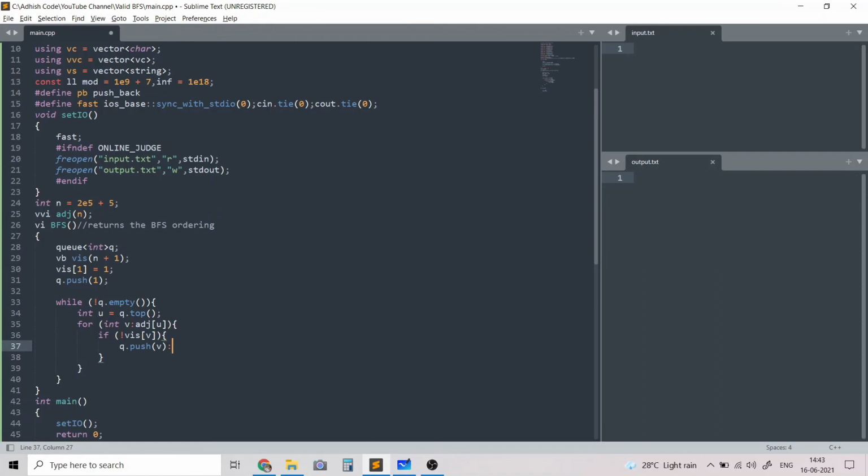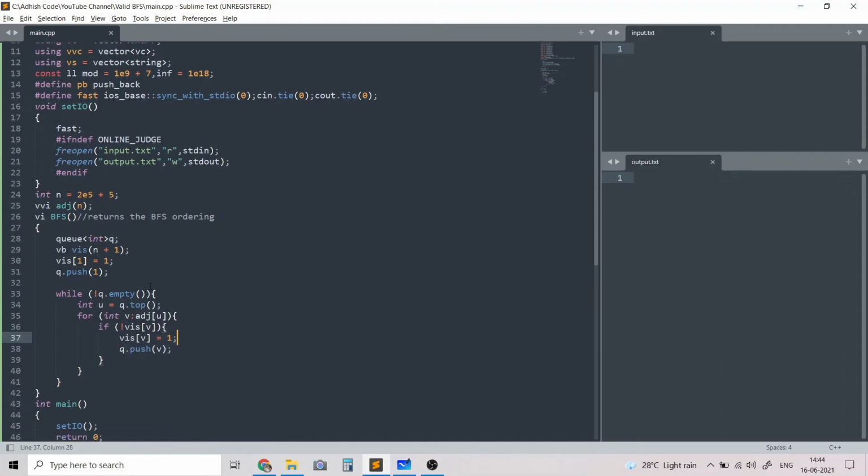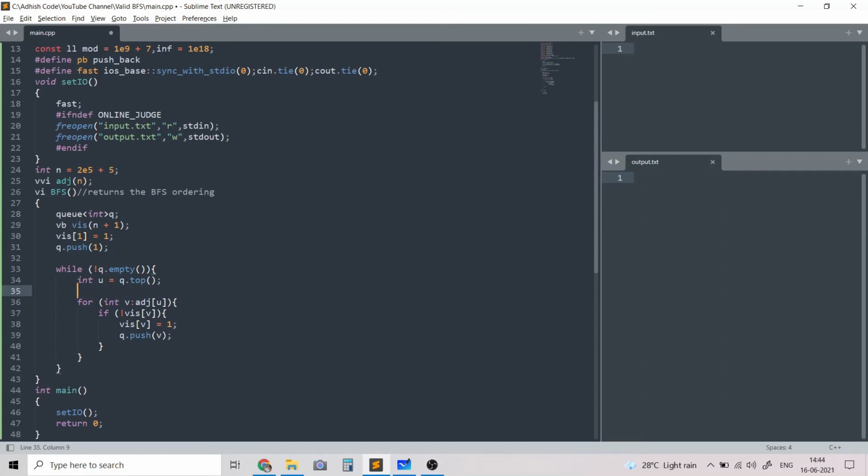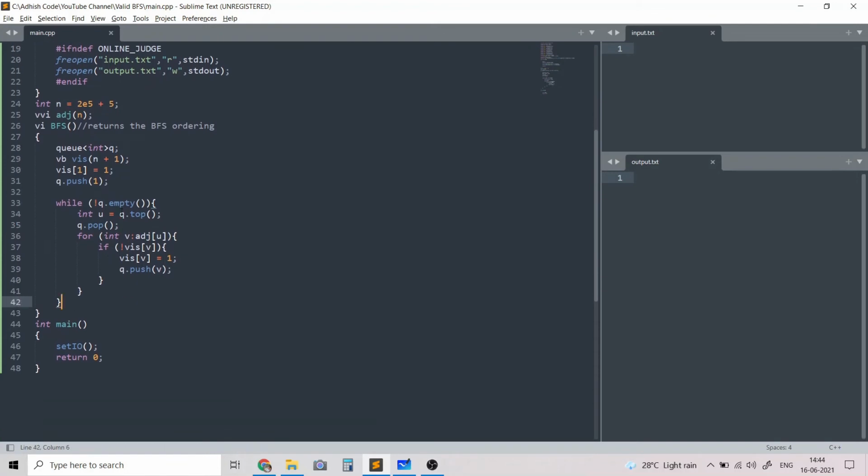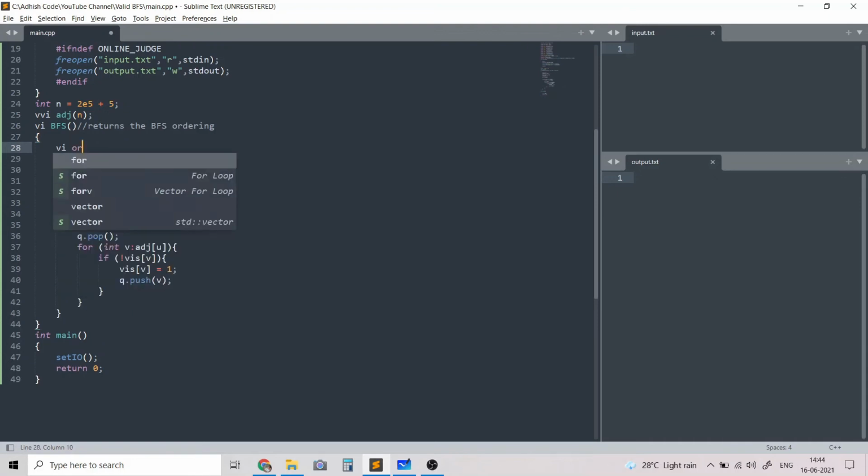One important detail which I missed saying was that we need to mark the unvisited node as visited, and without that the code wouldn't work because it would go into an infinite loop. In the end we'll return the ordering.